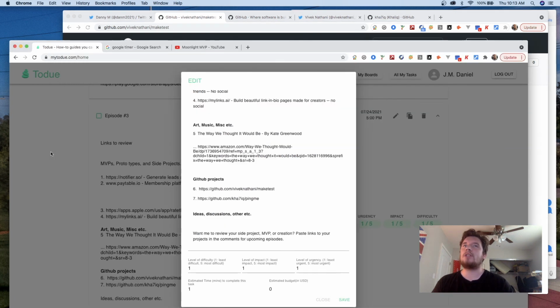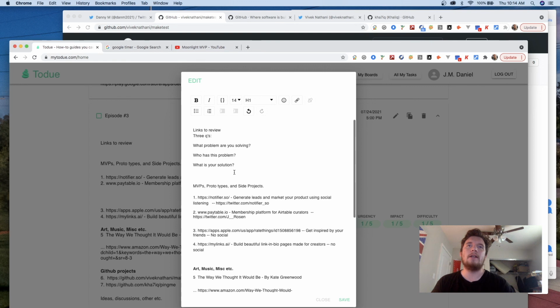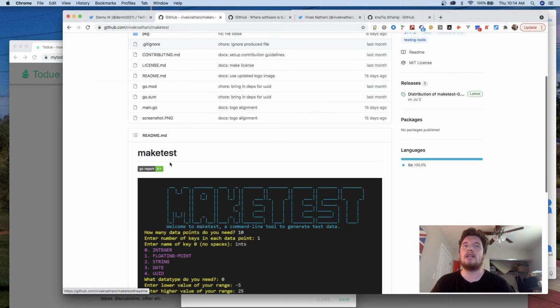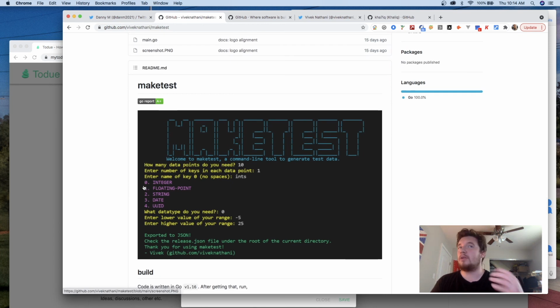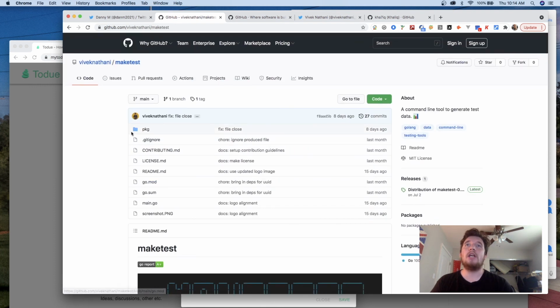But let's still answer the same question really quick, to be fair to Vivek. What problem are you solving? I guess the ability to test, or the lack of ability to run whatever test you have created here. Who has that problem? Developers, people that write code. And what is the solution? The solution is to use your tool. So if you are a developer watching this and you have kind of more specific feedback that you could